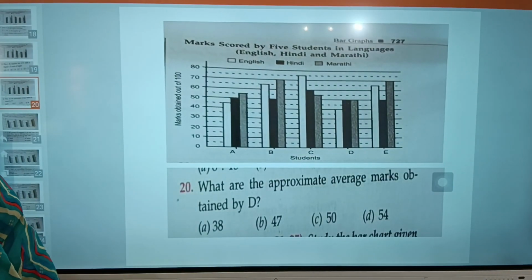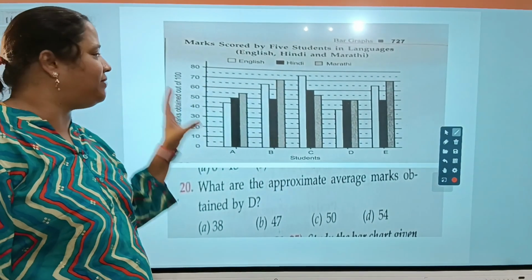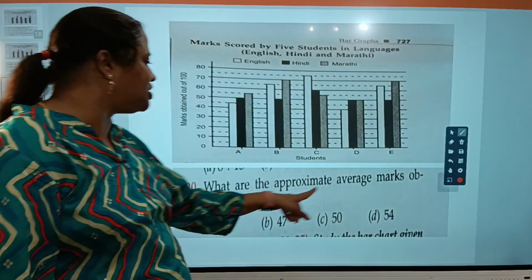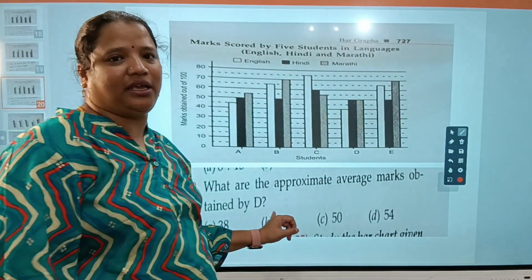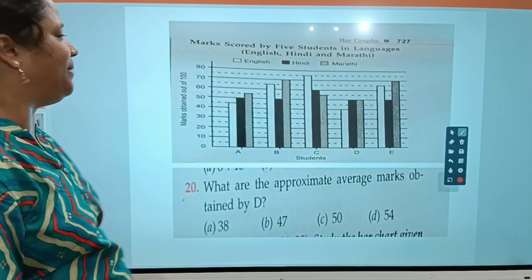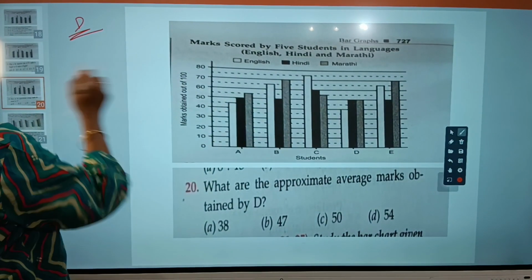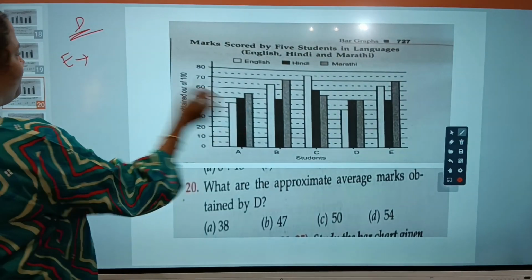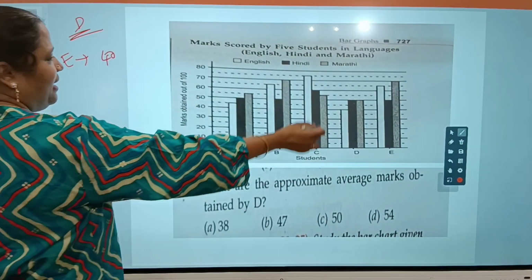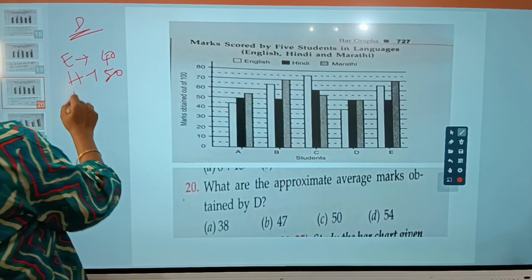Now we will move to the last question in this class and moreover the last question of this graph, that is, what are the approximate average marks obtained by D? So how much marks D got in all subjects, we have to make the average. Okay, D's marks in all subjects we will take. First of all in English he got 40 marks and Hindi 50 marks and again in Marathi also the same marks,